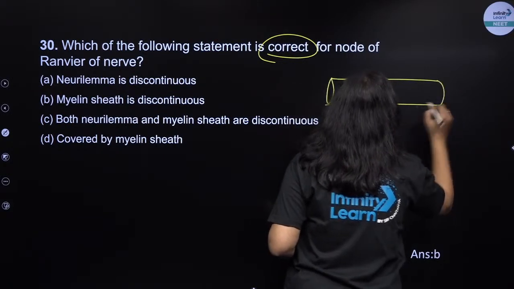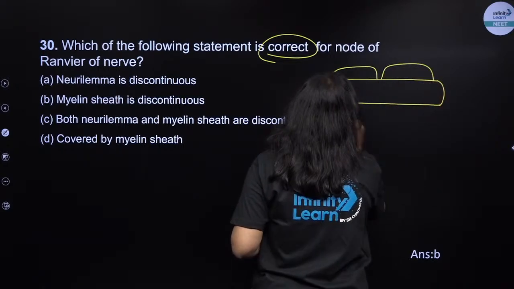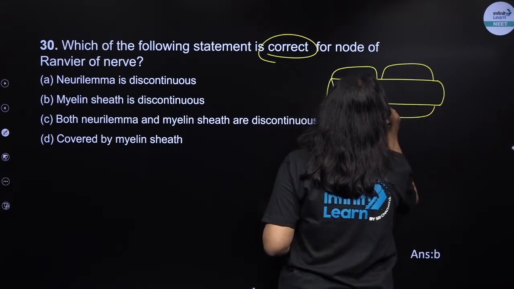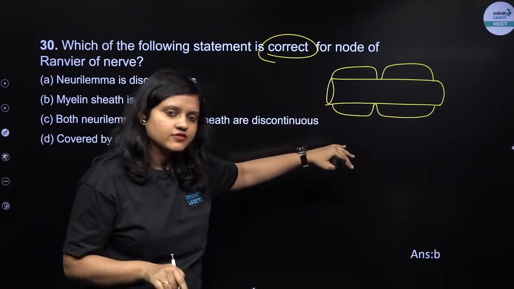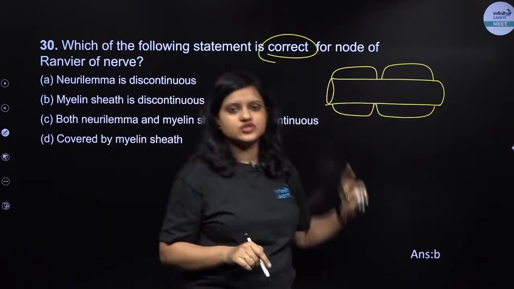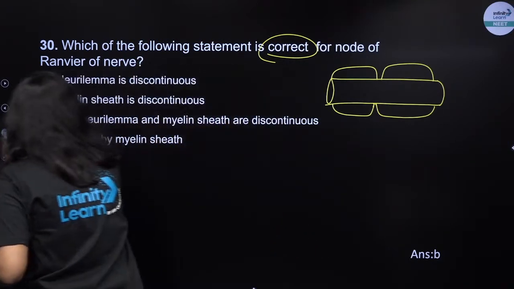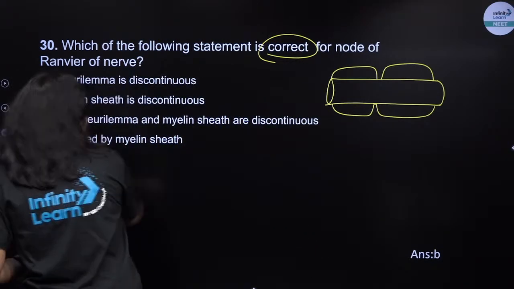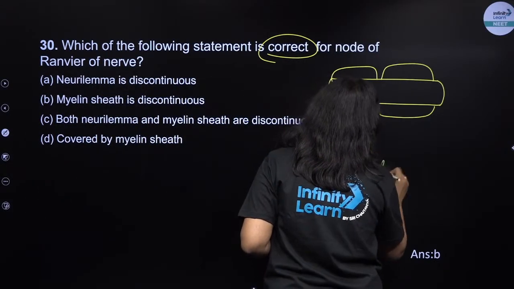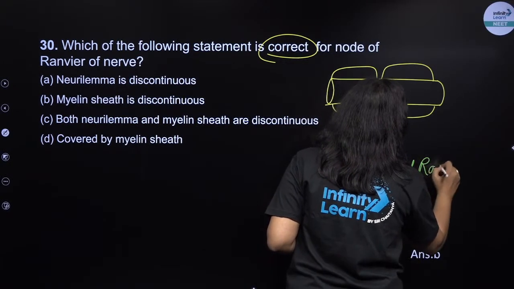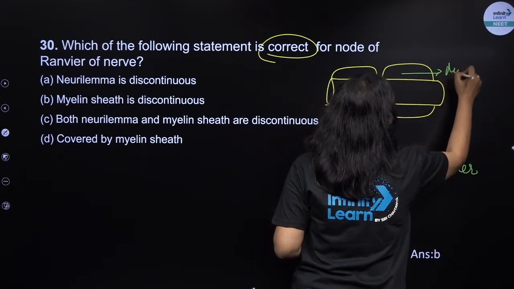Again, if this is my axon, okay, there will be a covering of myelin sheath, and the region from which this covering of myelin sheath is absent, that part is known as nodes of Ranvier, isn't it? Okay, so this part is known as nodes of Ranvier, right? What is this? This is myelin sheath,